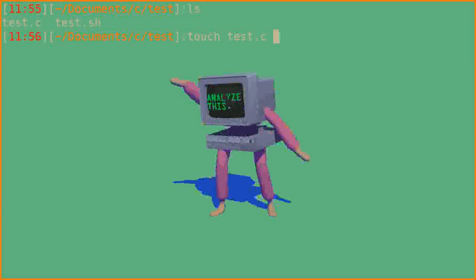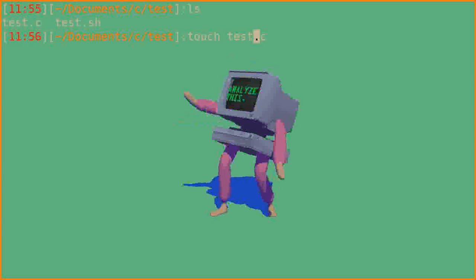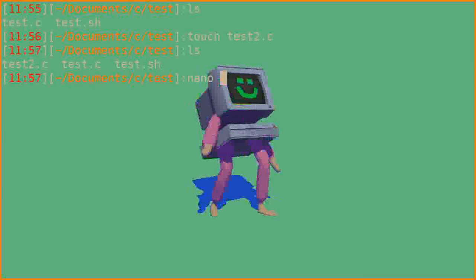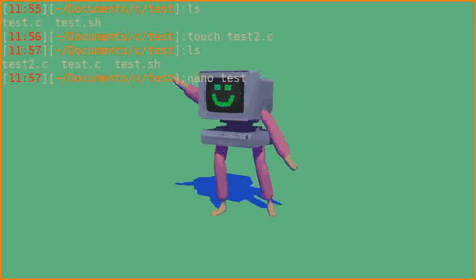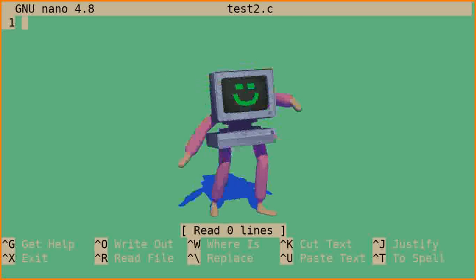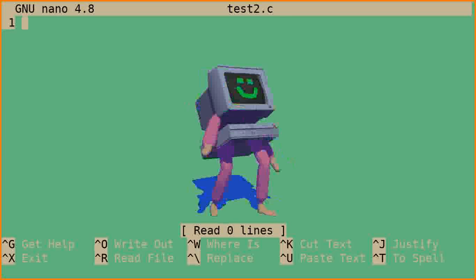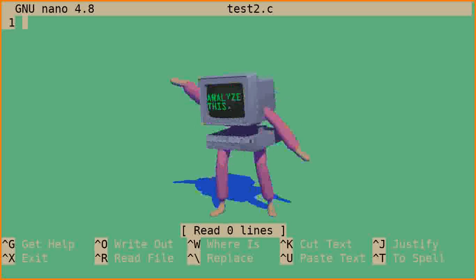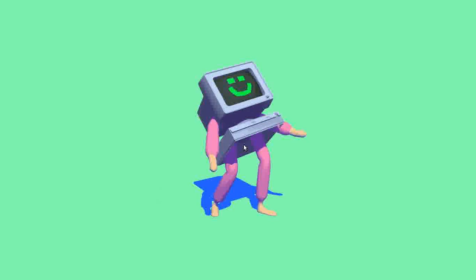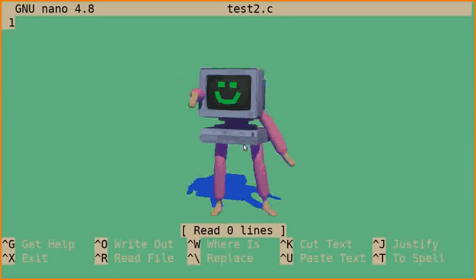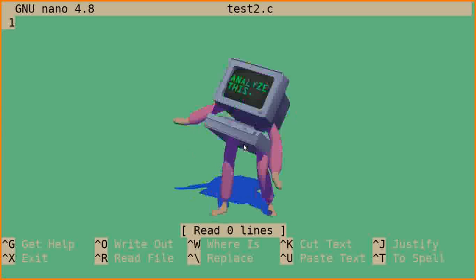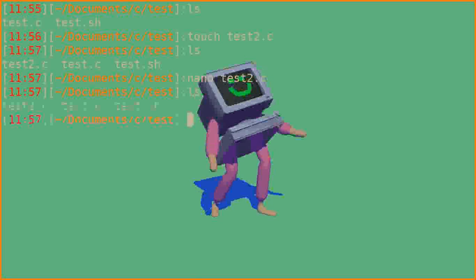So test.c already exists, so we're gonna call this test2.c because I'm so original, and we're gonna nano test2.c. And it's so amazing to still have the animated wallpaper behind the nano text editor. This is gonna be a C file, so I'm not sure how to use the system thing that they suggested I use. So what I'm gonna do is save that, exit, ls, and I'm gonna